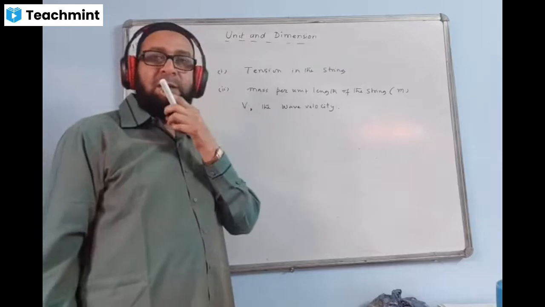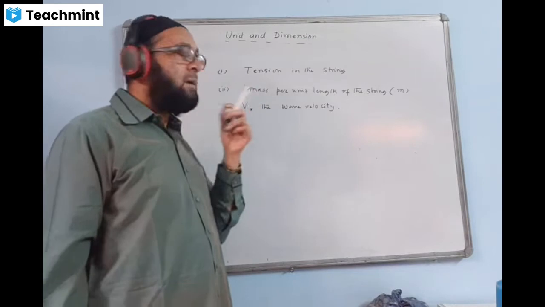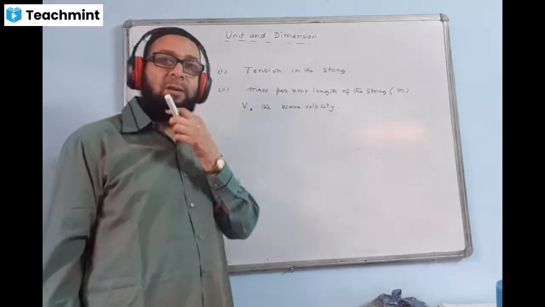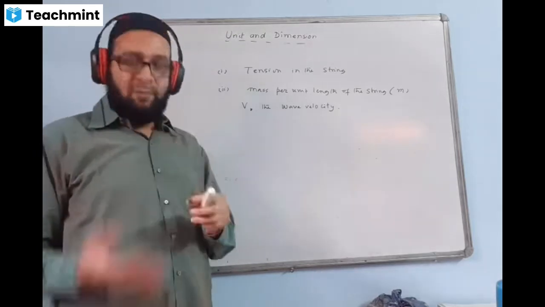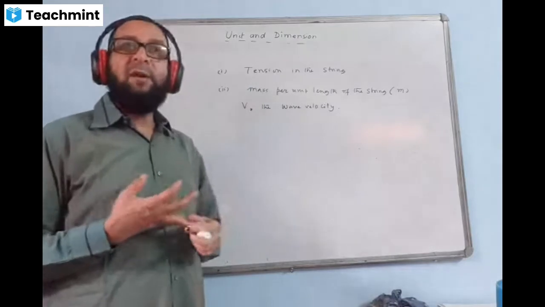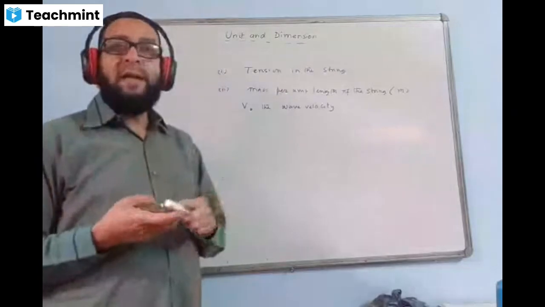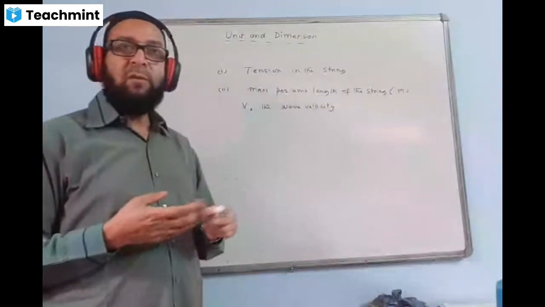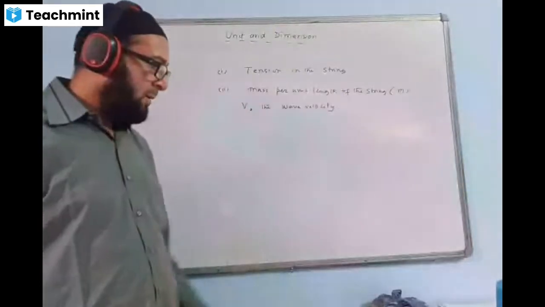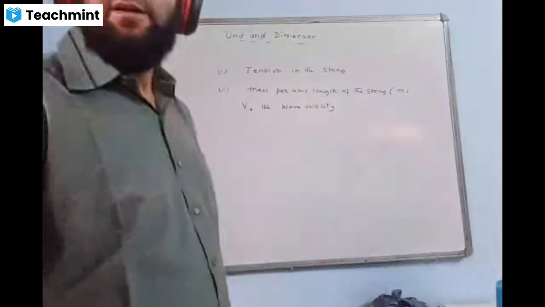Now this chapter is almost finished, and tomorrow we'll start a quite easy chapter, errors. It will finish in one class. We have done unit and dimension, we'll do errors. After that, we'll do significant figures, that also is easy. And then we'll do kinematics in one dimension, motion of a body in a straight line path. After that, I'll do vectors. At least these 4 chapters will be finished before your first term begins. Okay, thank you, boys.